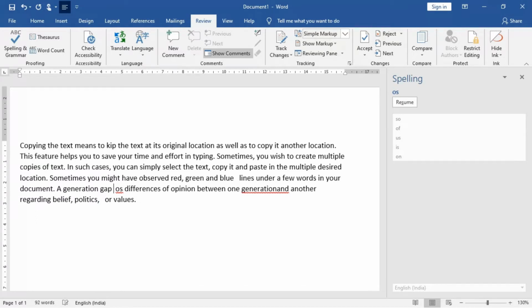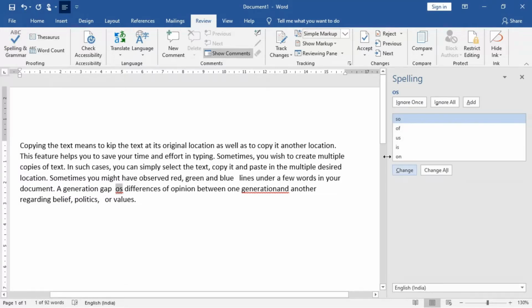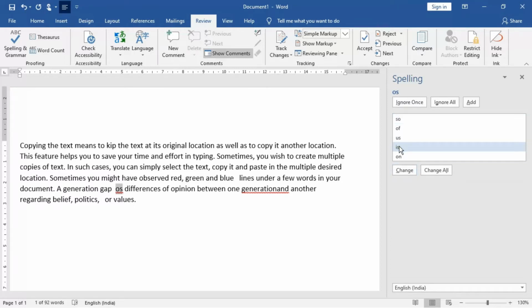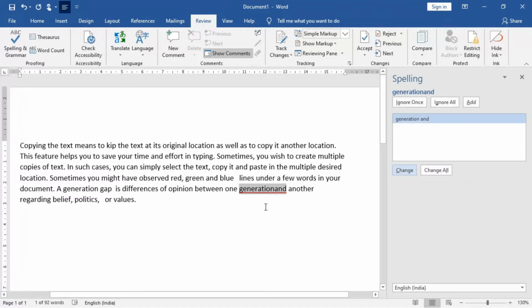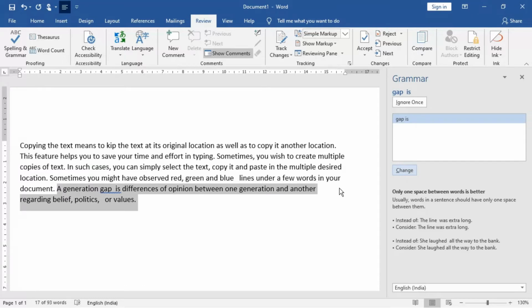The spelling has an error here, so I'm starting again from here. It will be "a generation gap is", then change, then generation, and then there will be a space. Finally, there is "a generation gap is differences".